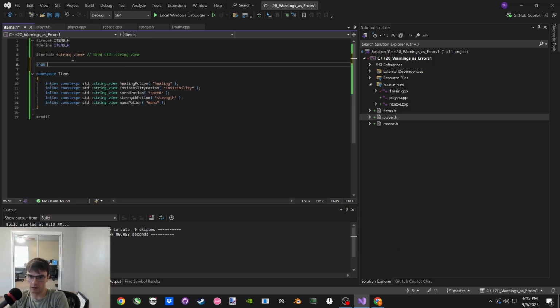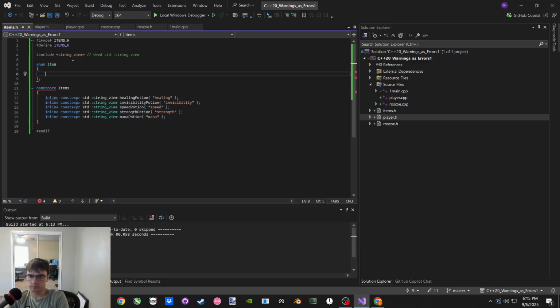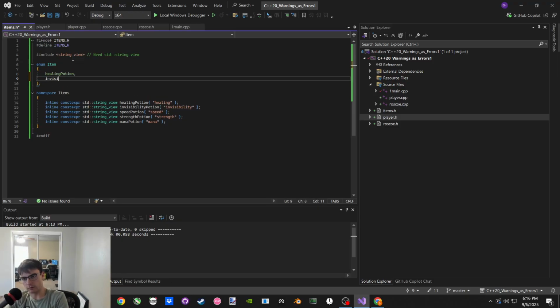And we'll say enum item. Okay. And we'll say healing potion, stability potion. Well, do I want these to be the same name? We could say